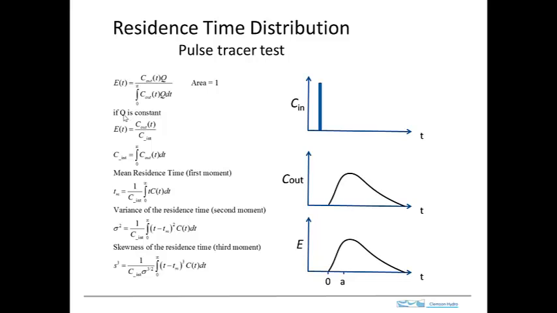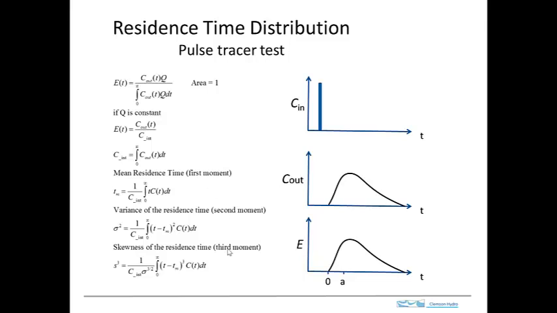And so if the flow rate is constant, then we can simplify this. The flow just simply cancels out, and we get that the E function is equal to the output concentration divided by this thing. This is a constant, and it equals the integral of the concentration over the duration of the test. Okay, so with that in mind, we can then turn our attention to calculations of the first, second, and